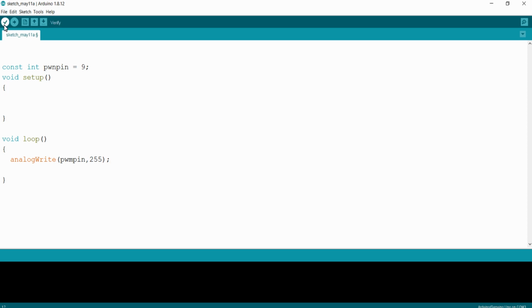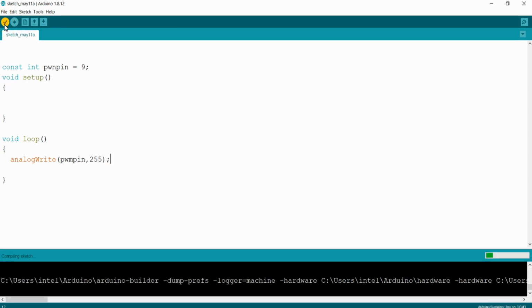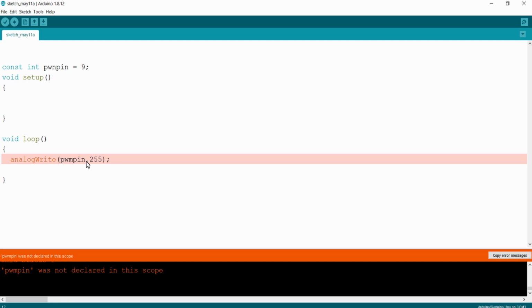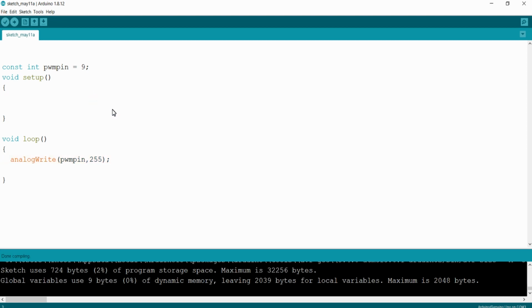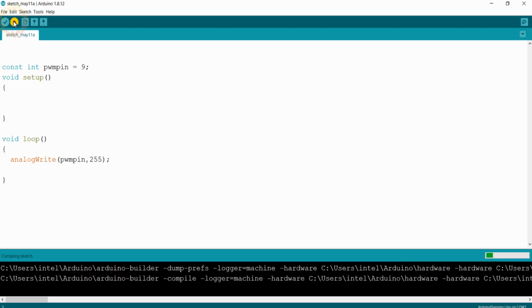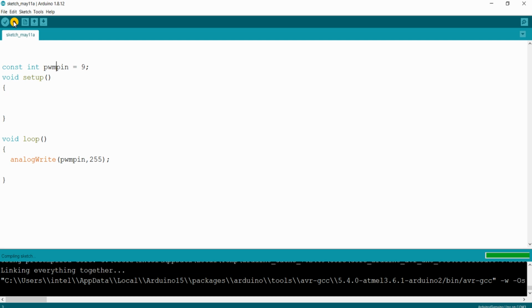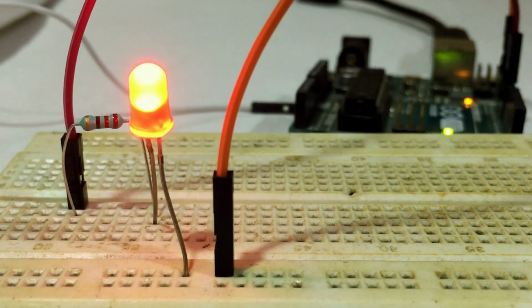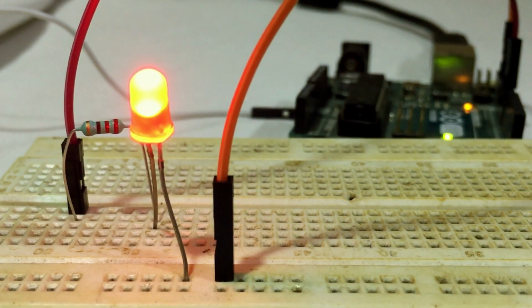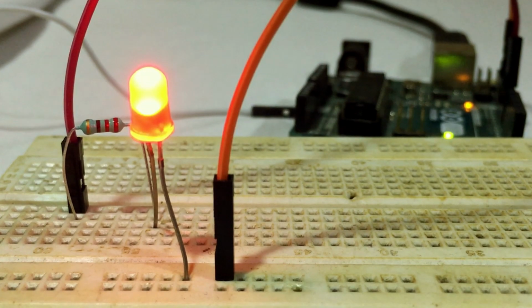Now I am compiling the sketch. Sorry, I made a mistake. Now connect your Arduino Uno development board to your PC through a USB cable. Now I am uploading the code to my Arduino board using this icon. And you can see the LED connected to digital pin 9 of Arduino Uno is lighted up with the maximum brightness.